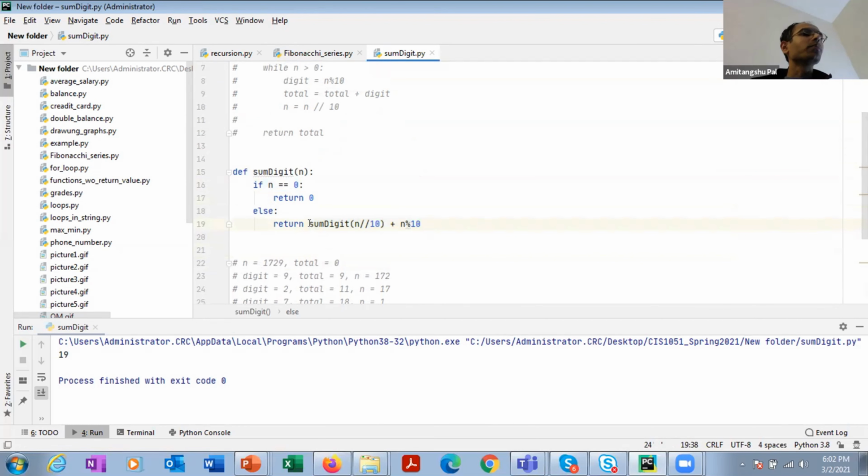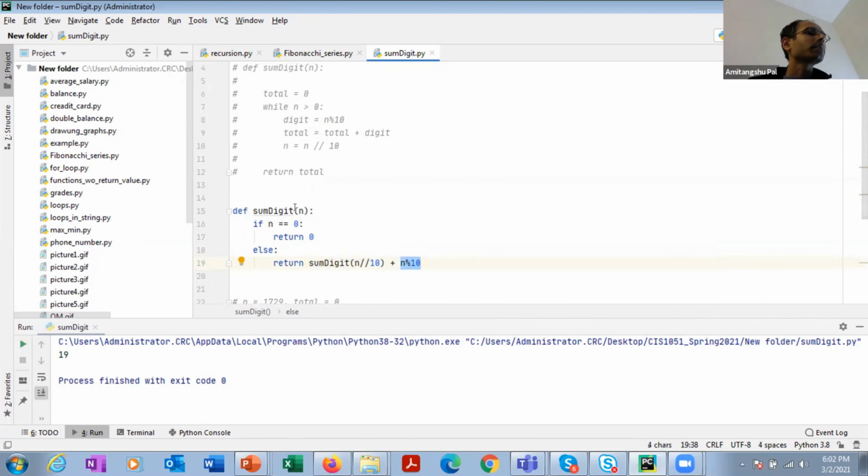Okay, if you think a little bit, you will understand that this should make sense, because every call of n is returning the integer division part plus the mod part. Basically I am dividing every number into two portions, the integer division portion and the mod portion, or the remainder portion. So for example, if n is 1729, it is going to return sum digit of 172 plus 9.